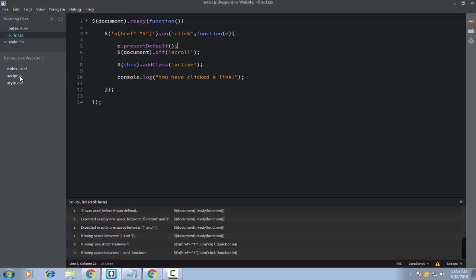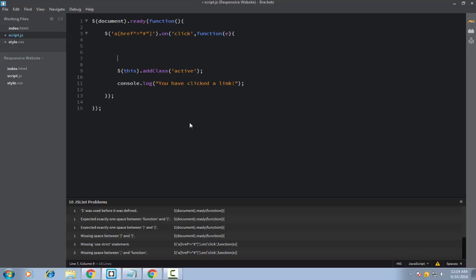You can change the color to anything you want, but I am changing it to blue. And then you can define in this script.js file the appropriate code. I don't need this preventDefault functionality now, so I just delete it. And then inside here, I want to define first the selector for which I want to execute the function